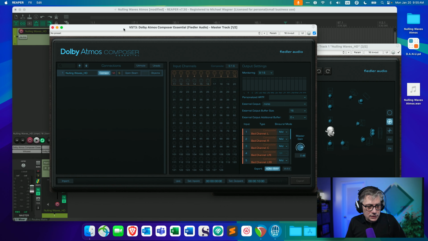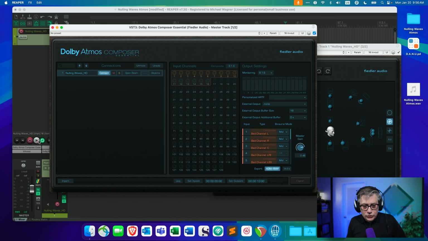And finally, it is monitored by us through Virtuoso, which is a binaural renderer that is taking the head position of my headphones and converting that correctly in such a way that I have the impression of being in an actual Dolby Atmos 9.1.6 studio. So let's play the audio.